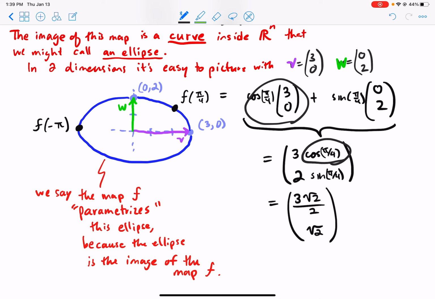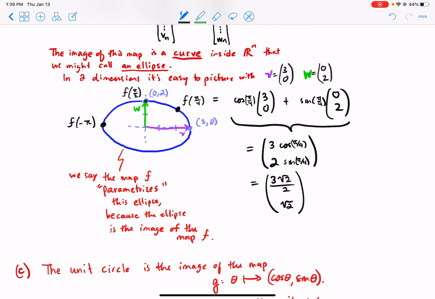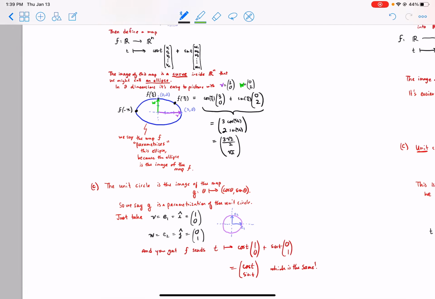I had to know the cosine of pi over 4, etc. And then f of minus pi is over here. It's at minus v. And f of pi over 2 would have been this point right here. F applied to t, where t is substituted with pi over 2, gives me that point. Okay? And then here is my